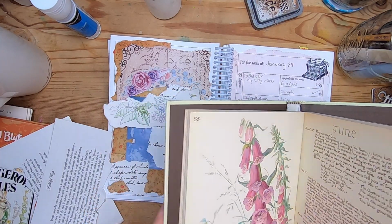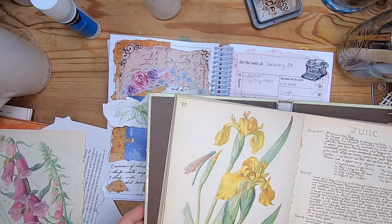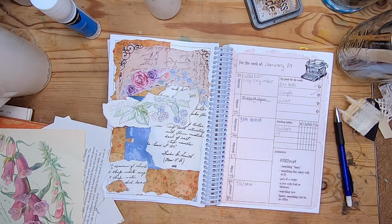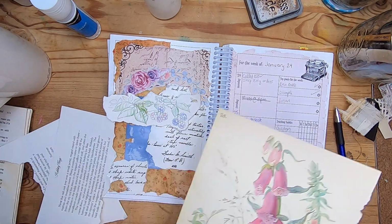Foxglove maybe, or bee? I think foxglove. Let's just do it. Okay. Oops. Bits and bobs out of the way here. Okay, let's get Hedgerow Tales out of my way. Alright, so